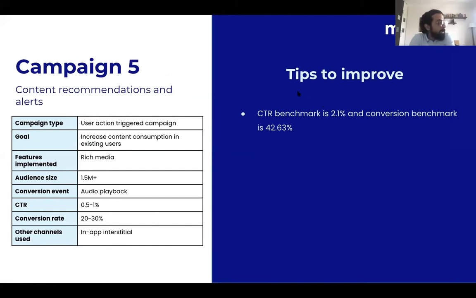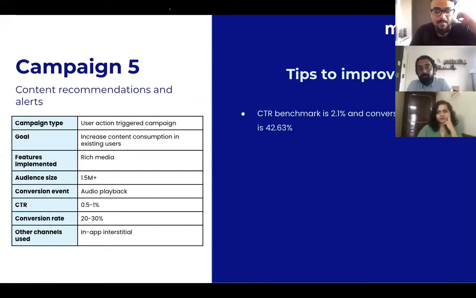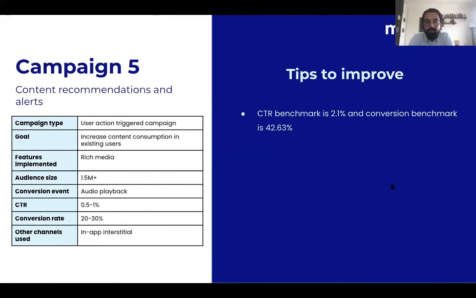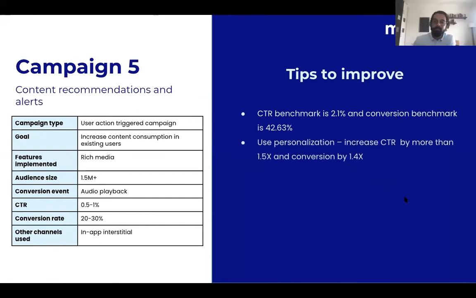And why could that be? Just looking at some of the things that they could have done to improve this is user level personalization. So while it's great to see that there's content based personalization and recommendations being made, there's a big difference between saying, hey Pulkit, we noticed that you love The Weeknd, versus, hey there stranger, do you want to listen to this, right?